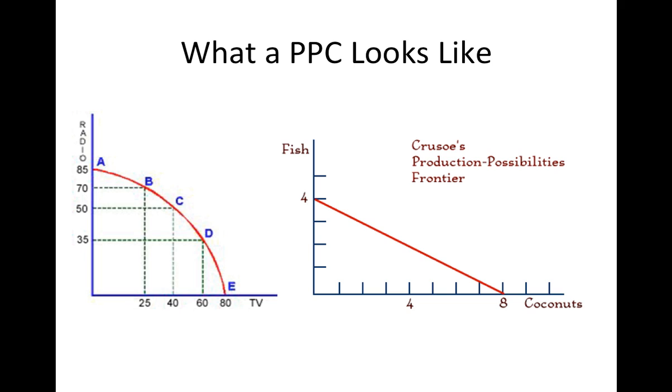But in economics, we use models a lot, and these are examples of models. A PPC stands for Production Possibility Curve, and that is a model. And a model is a simplified version of something more complex. And in this situation, what we have is Crusoe. We're looking over here at the graph on the right, and he is stranded on a deserted island,